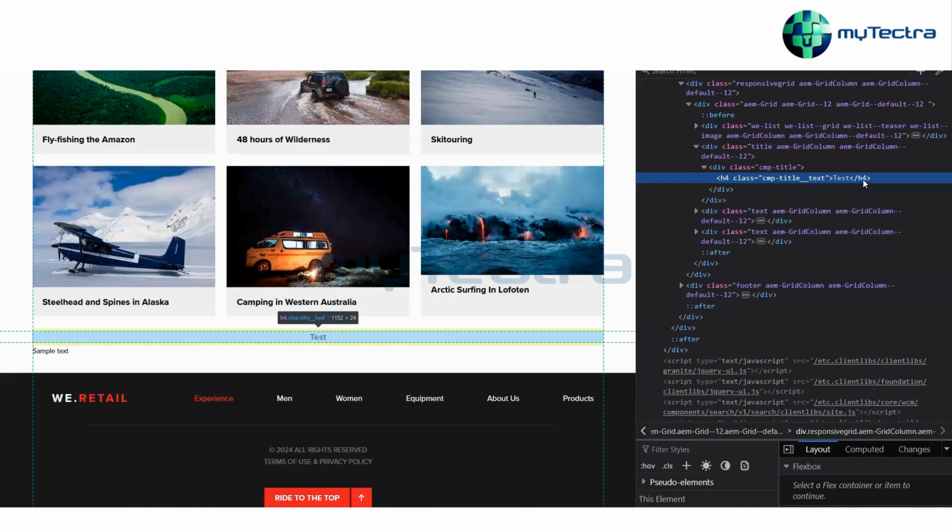One more point I wanted to make is, if you see, this h4 is wrapped in a tag, or it has a wrapper container which is a div tag which says cmp colon title. So this is also coming from the HTML only. And where is the HTML? It has to be written, or it is there in the component only. And we'll see in the further lectures where this HTML is located, how it is being referred, how Sling is